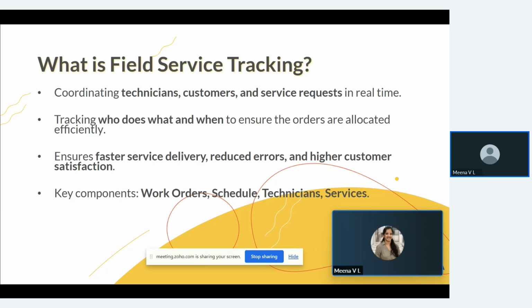So let's go to the live demo. Basically, this is the work order form that has been built using Creator, right? This form is a published form. I have created it using Creator and published it. This form can be embedded in your website, or shared as a link.